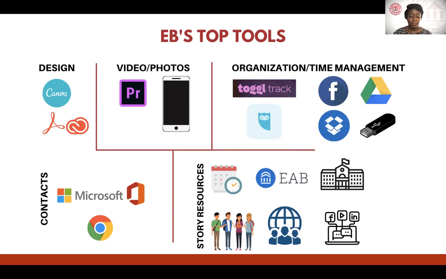I love Google Sheets, Google Forms, so many awesome Google things that are available to us moving forward. And then you also have story resources that can really help you. EAB is a good higher ed source that we use, but they also have some neat information about high school trends. They just recently released one about what high school students look for when they're thinking about going to college. And one of the things they featured is just how often students use social media. So that's definitely one that you can consider.